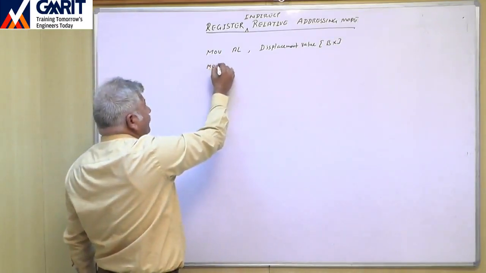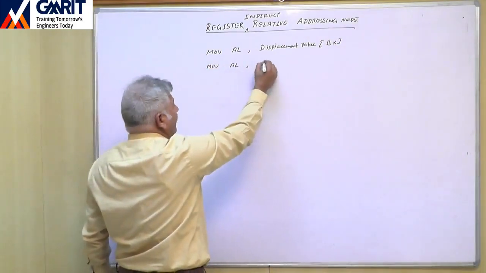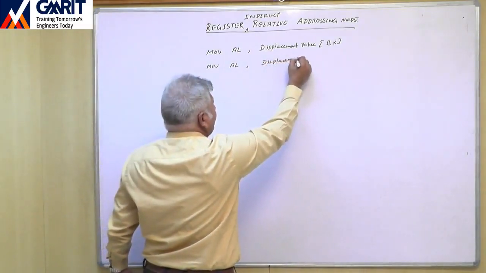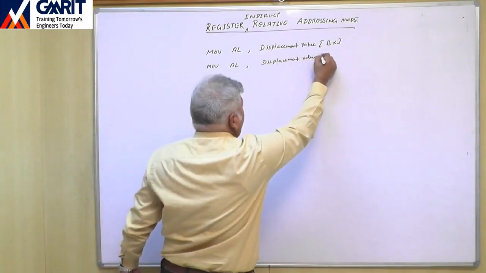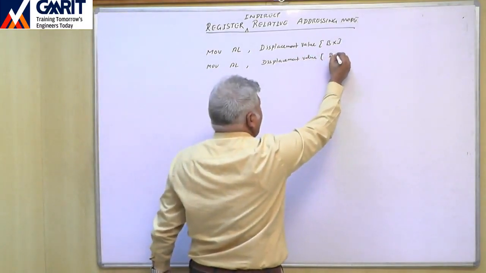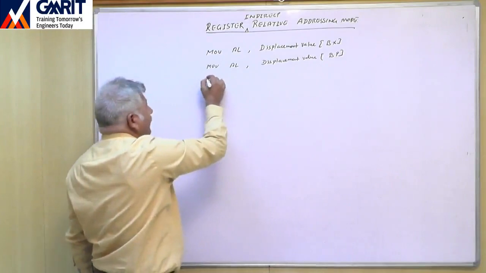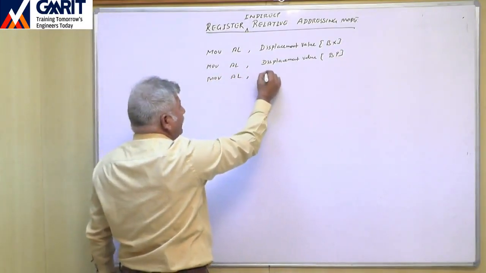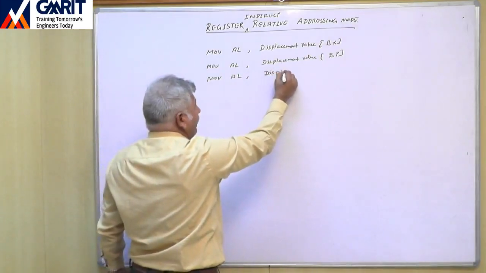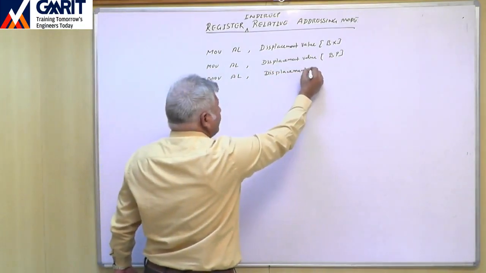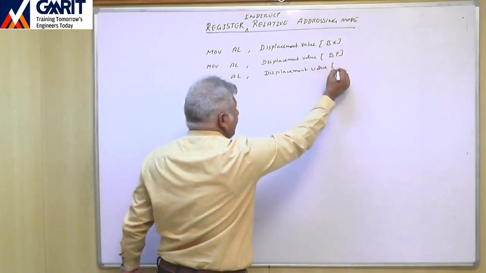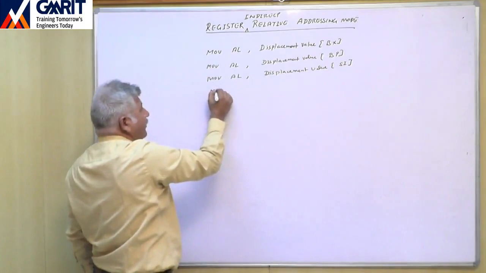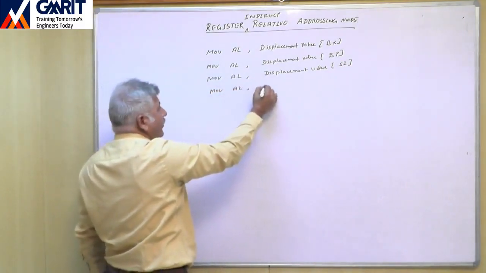Then the second form is MOV AL, comma, displacement value within bracket BP. Then MOV AL, comma, displacement value SI, and MOV AL, comma,